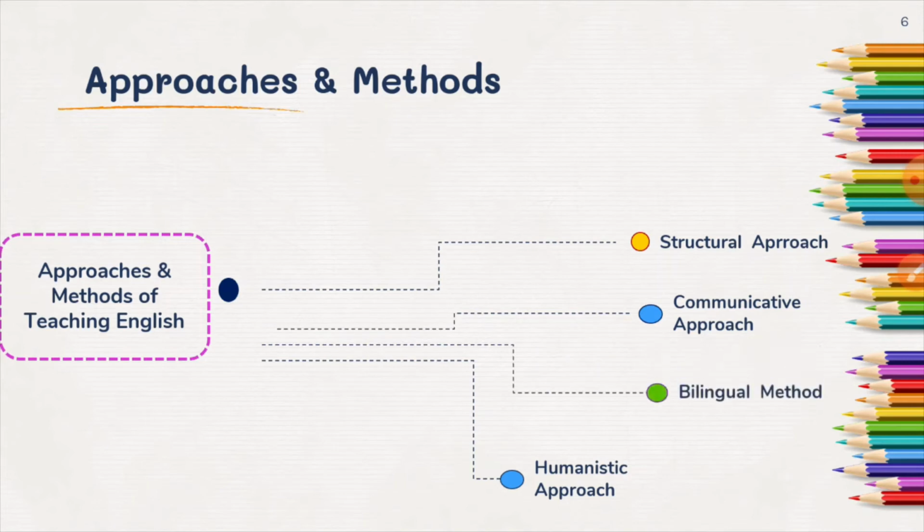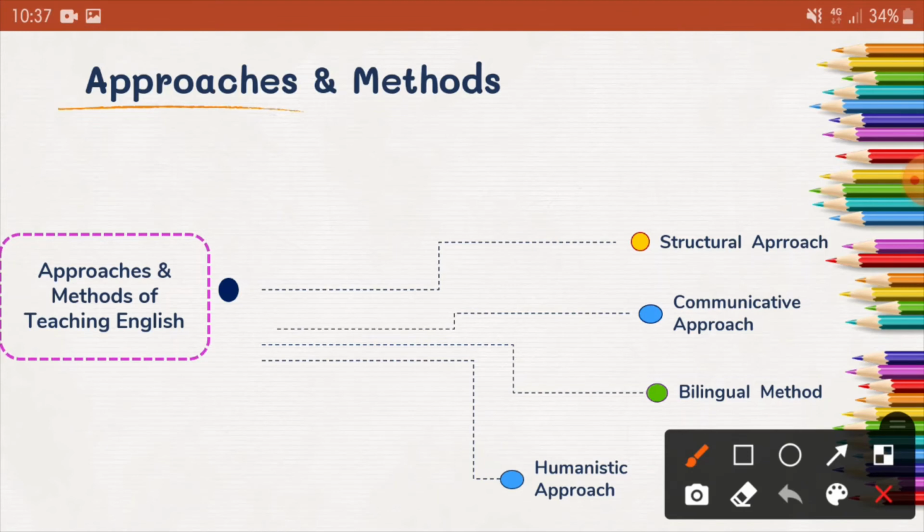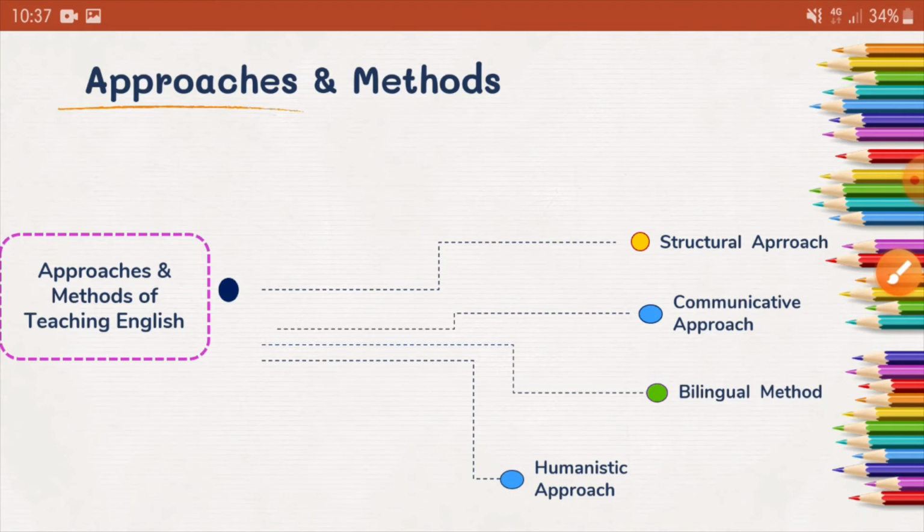Now next is the bilingual method. So I have told you 3 approaches. Under these approaches there can be many methods. For example, under the heading of the structural approach, there is one method, that is the substitution table method, right, wherein in learning the structure, here meaning the sentence pattern, substitution tables can be used. Substitution tables are tables wherein, on the basis of the given model sentences, the students can simply supplement each column with the different ideas.